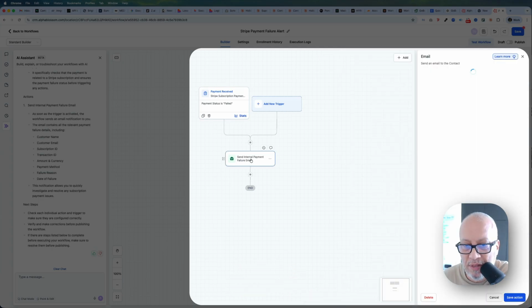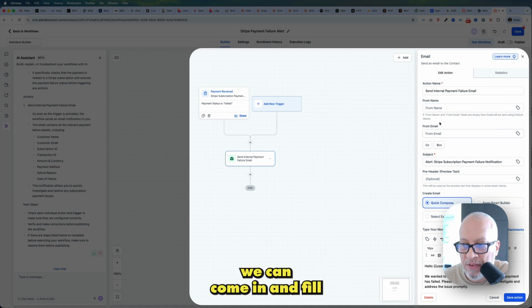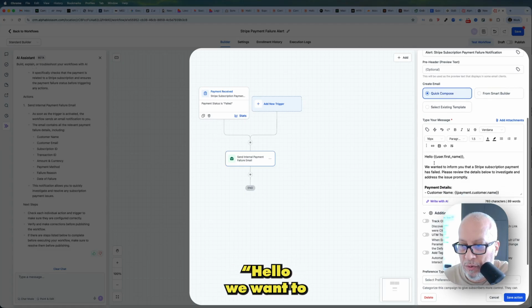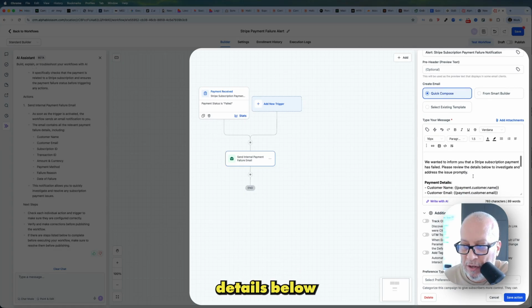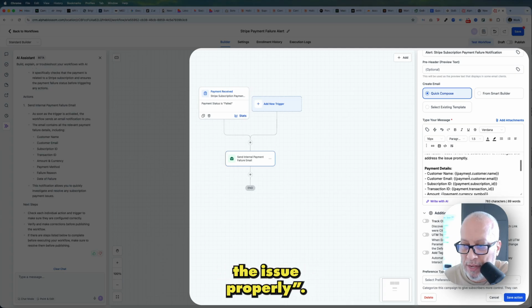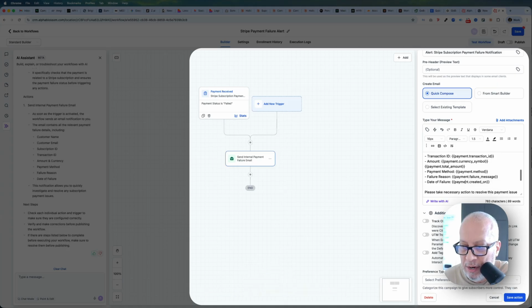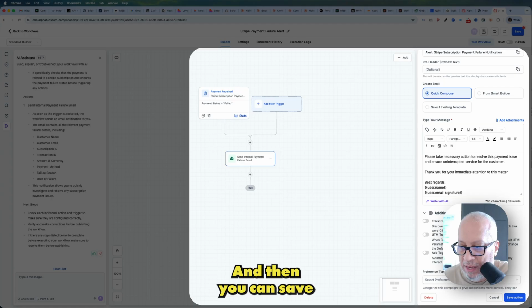And next we have send internal payment failure email, and so we can come in and fill this out from name, from email, and it just gives you, "Hello, we want to inform you that a Stripe subscription payment has failed. Please review the details below to investigate and address the issue promptly." So it gives you all the customer name, email, all the information here. So it's gotten so much easier with AI because it just automatically populates all this, and then you can save